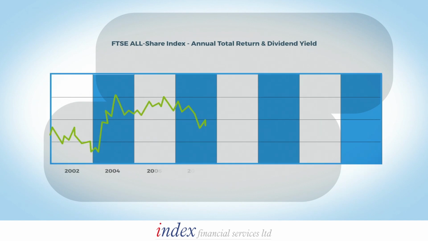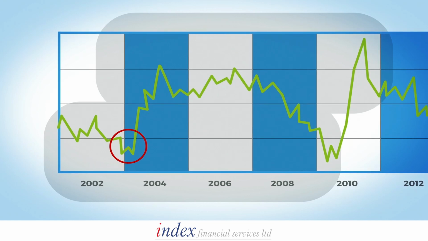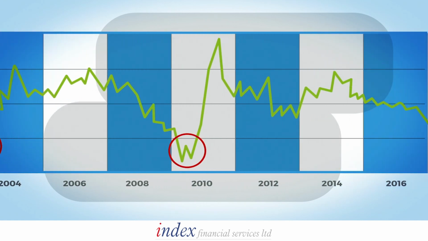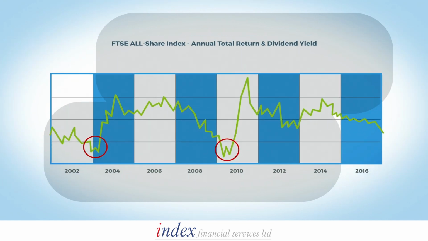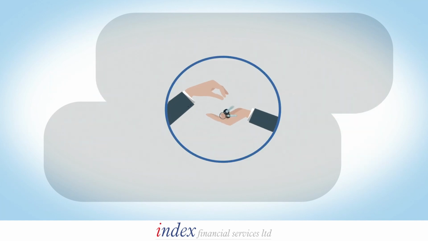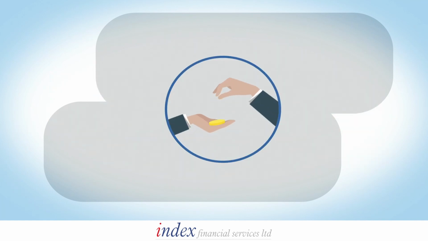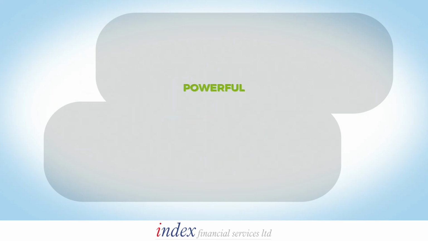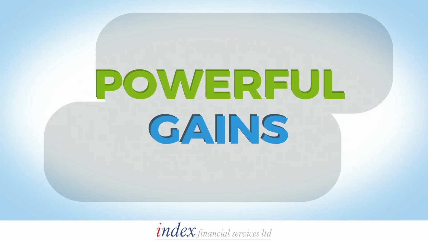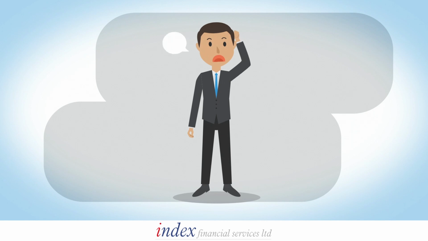Look at this stock market graph, and particularly at the points highlighted in 2003 and 2009. At the time, people were miserable and avoiding shares. The news about markets was all doom and gloom. And yet in retrospect, these were good times to buy. Rebalancing may help impose a discipline of selling some of the value from sectors that have made powerful gains and buying into areas that have not done so well.